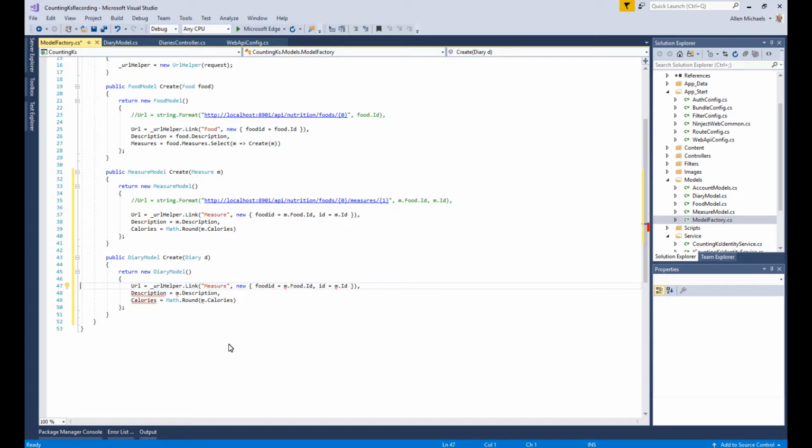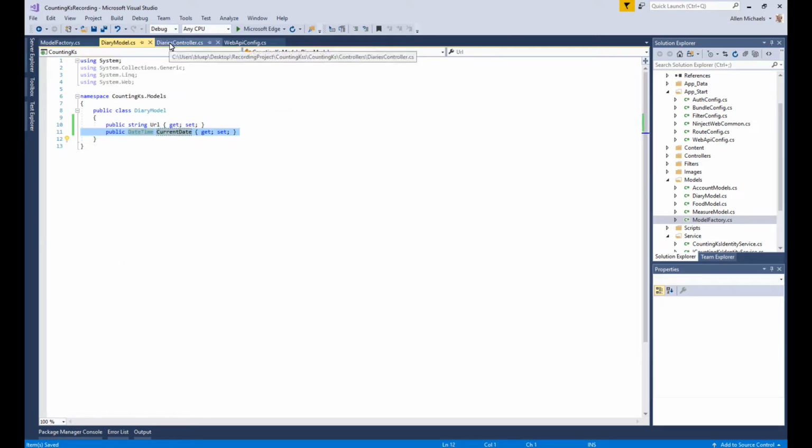and it uses our diary route here to new up a new anonymous object that's going to have a diary ID, which is going to be the D that we passed, current date to string, and then we won't have a description and calories. Instead we're going to have only one more, and it's going to be current date, and it's going to be DateTime.Now. So now we went ahead and created our model factory for diary model create, our diary model itself, and then here